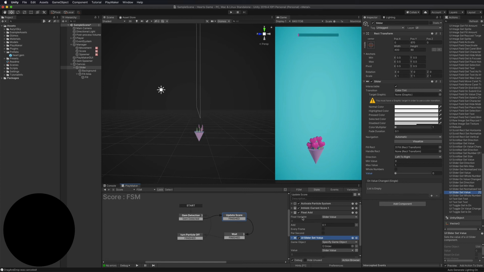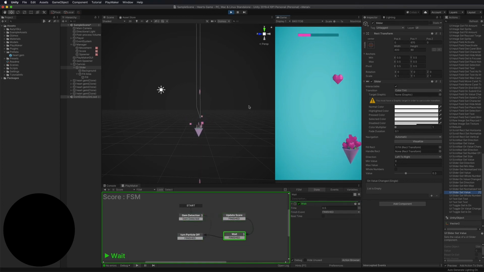So here we're updating this variable called slider value every time the gem hits by 0.1. And then we're setting the UI to be increased by 0.1 or whatever that variable value is, okay? Then we're going to do our wait, turn off particle system, go back and detect another gem. So hopefully this should update the UI up here every time we collect a gem.